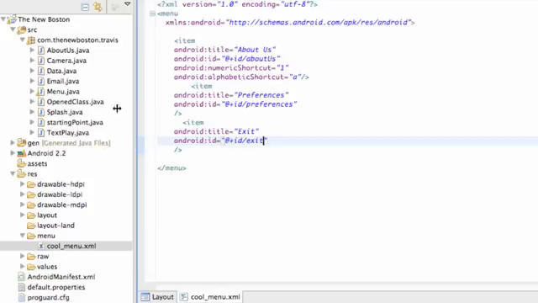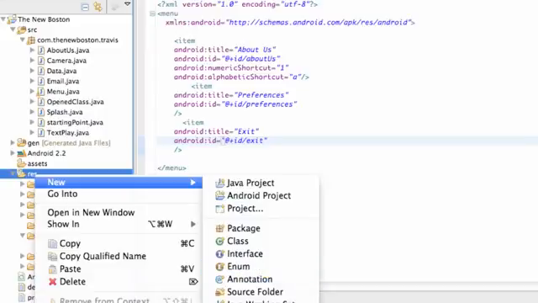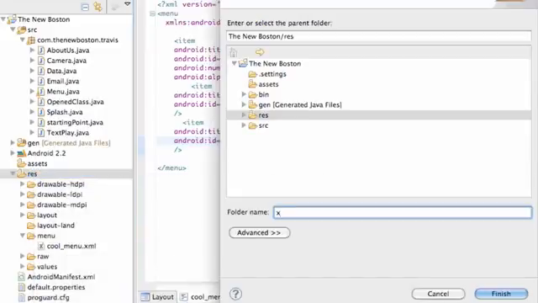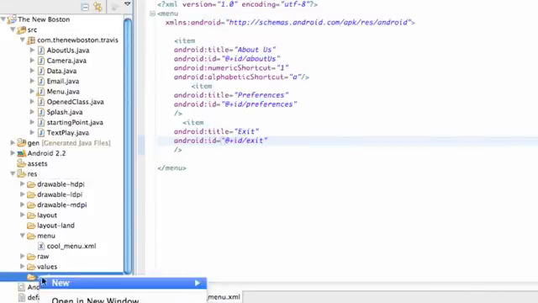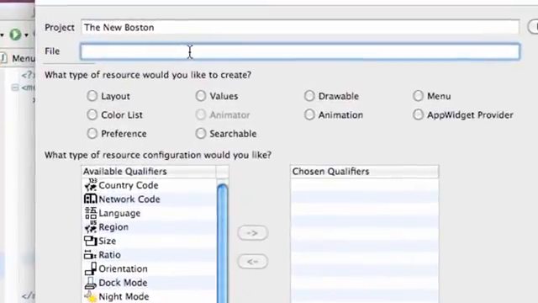But let's get into it. What we're going to do is create a new folder called XML, and this is going to hold where we're going to put our preferences. So again, new folder, all lowercase XML. Make sure it's within your resource folder right here. Hit finish, and then just right click, hit new Android XML file, just like always, and we're going to call this